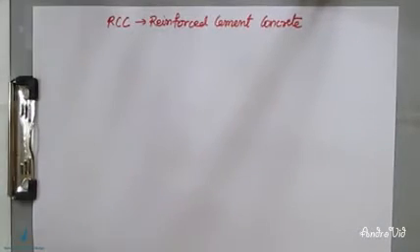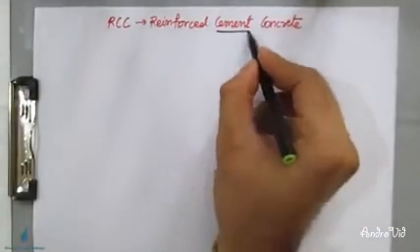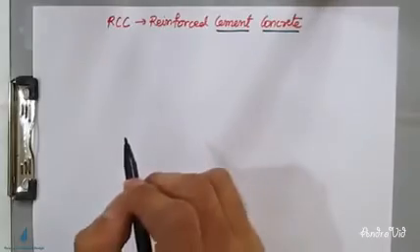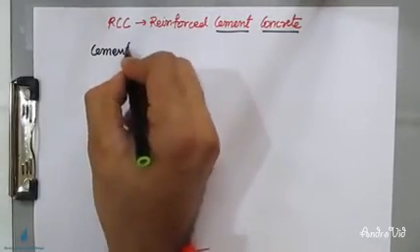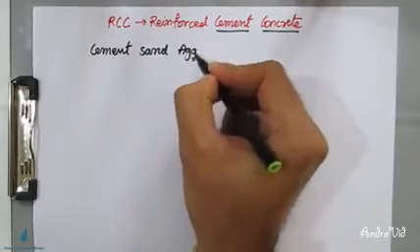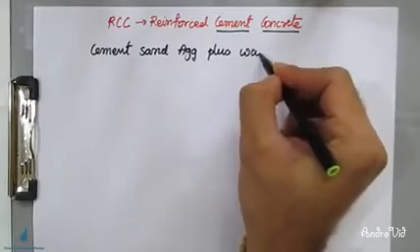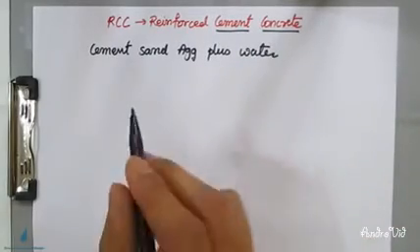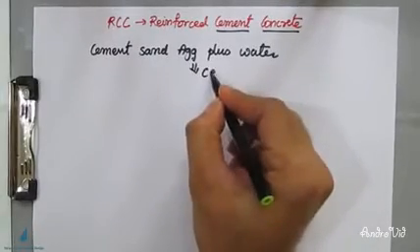Before moving on to reinforced cement concrete, we shall see what is meant by only cement concrete. Cement concrete consists of cement, sand, aggregates, plus the important material, that is water. So the mixture of cement, sand, aggregates plus water gives rise to your cement concrete,